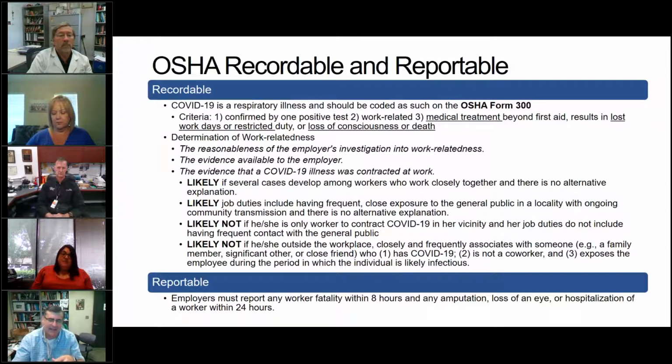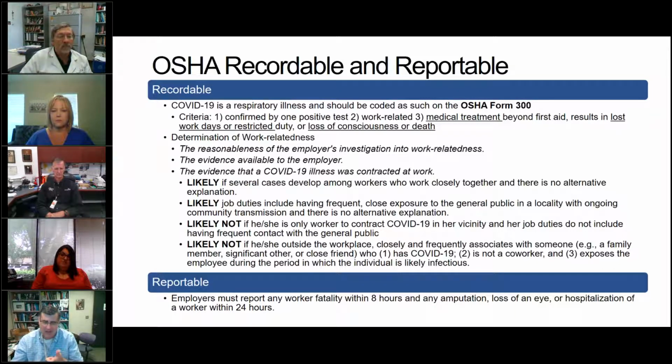And so that second link that I provided on the previous slide provides some guidance on that. So that's a recordable, but also OSHA does require, remember, for you to directly contact OSHA in the event of a fatality. You have to contact OSHA within 8 hours of that fatality. They also require you to contact and report to OSHA directly any hospitalization of a worker within